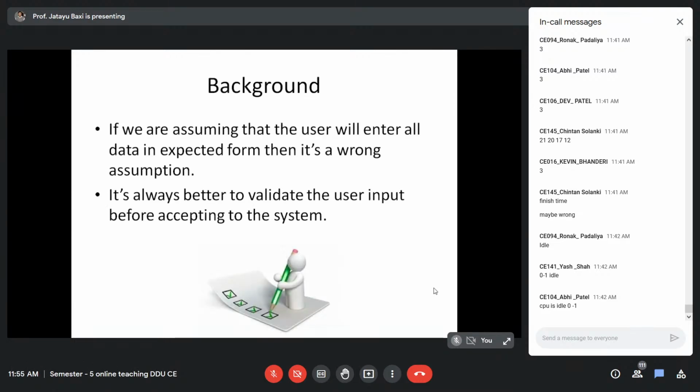Before that, a little introduction about validation, which you are already aware of. So whenever we are working with any application where user input is required, we always have to be careful and make sure that the input the user is entering is validated before it is submitted for processing. Mostly it is observed that users tend to make mistakes in filling the data, and that is why user validation is very important.